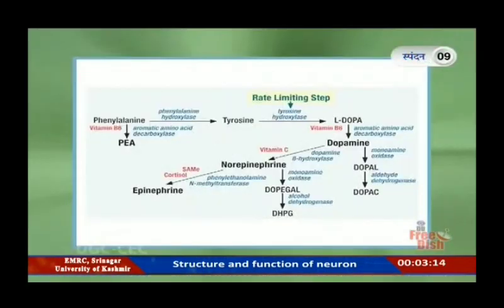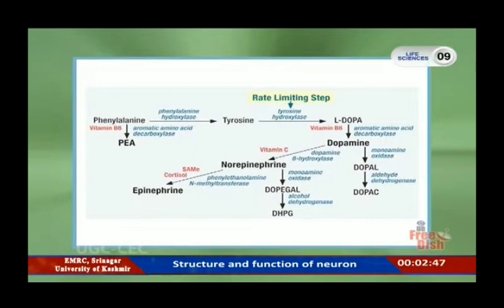Next important neurotransmitter is catecholamines. The principal catecholamines are norepinephrine, epinephrine, and dopamine. These compounds are formed from phenylalanine and tyrosine. Tyrosine is produced in the liver from phenylalanine through the action of phenylalanine hydroxylase. The tyrosine is then transported to catecholamine secreting neurons where a series of reactions convert it to dopamine, to norepinephrine,